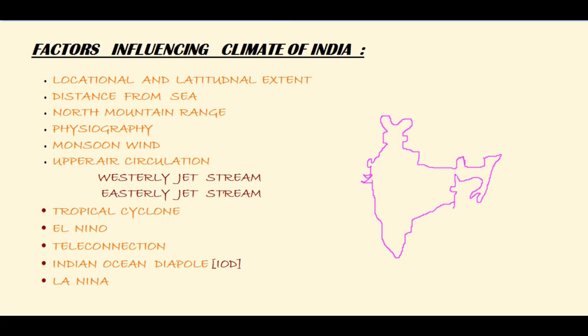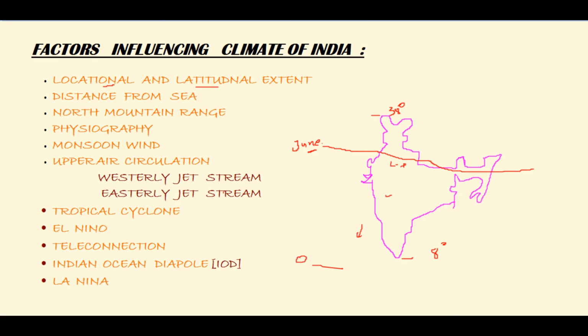So here we will start from the location and latitudinal extent. India extends from 8 degrees to 38 degrees, and at times in winter the sun is beyond the 0 degree. So the monsoon will be reversed and rainfall will not occur. But when the sun is at the ITCZ zone in June time, this will create a low pressure there, and the rainfall will occur.